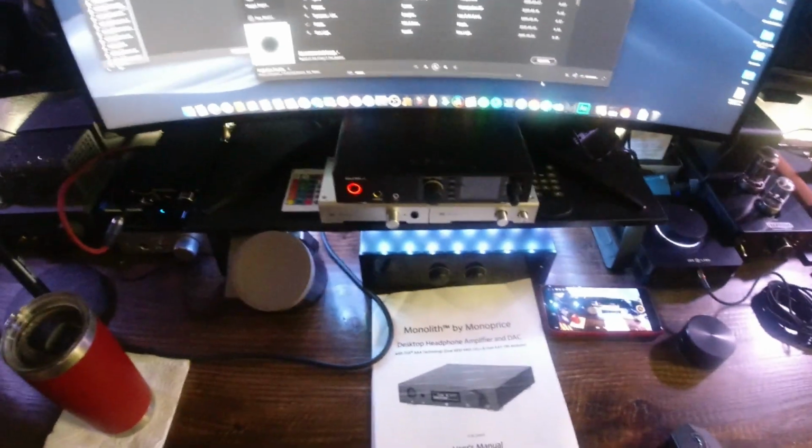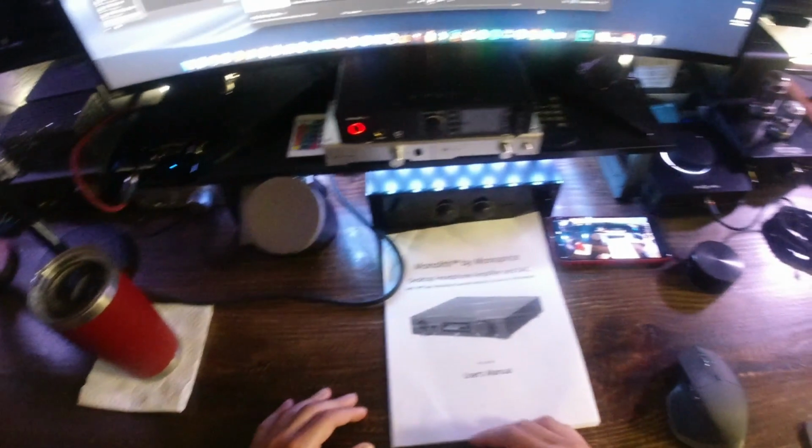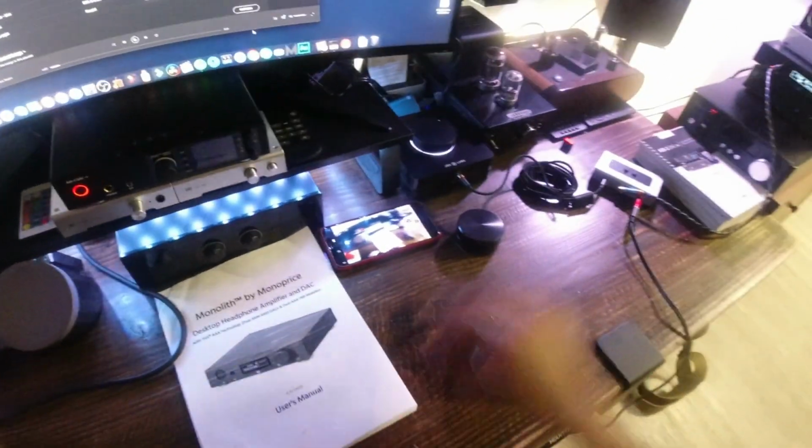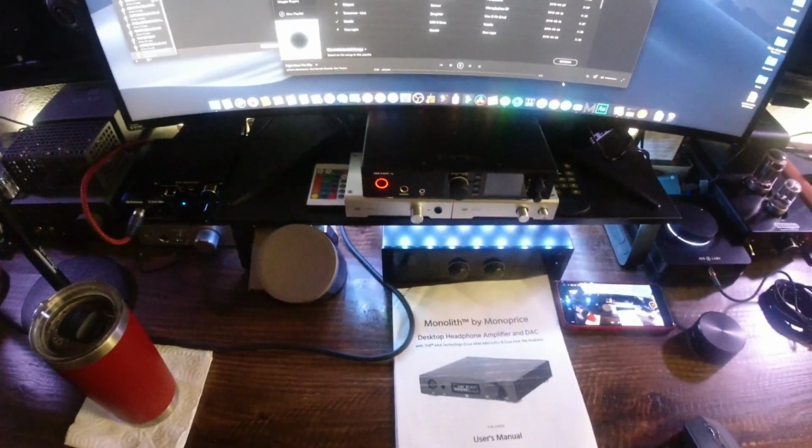So, why? What the hell? The JDS Labs is a great amplifier. I've said it from the day that I plugged it in and you first saw it and I first spoke about it on my channel 70 videos ago, whatever it's been. The Monolith is a great amplifier too. But people online keep talking about how fantastic